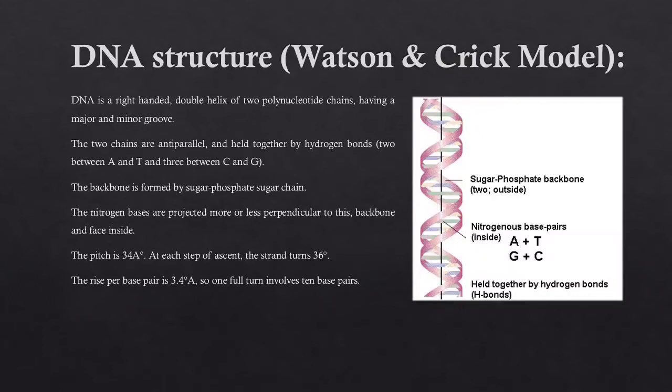Now here in the diagram they have mentioned the nitrogenous bases inside. Can you see the lines there? The A, T, G, C that they have written. A stands for adenine. T stands for thymine. G stands for guanine. And C stands for cytosine. I repeat, A stands for adenine, T for thymine, G for guanine, and C for cytosine.